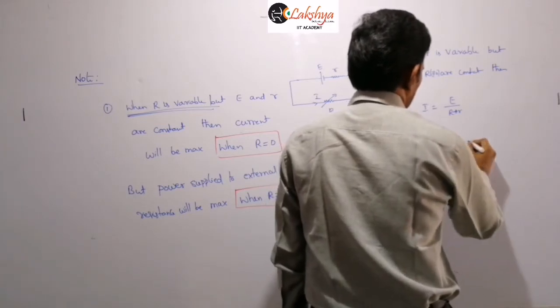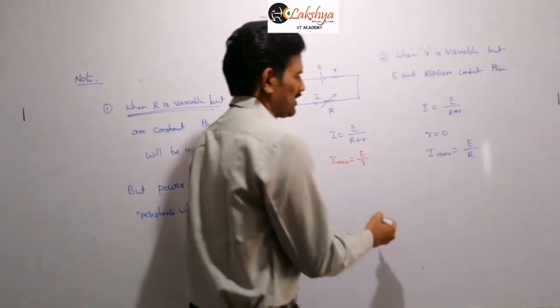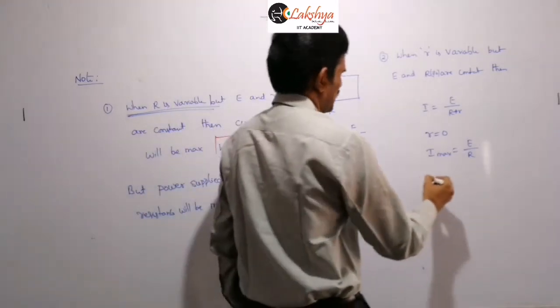When small r is equal to 0, then I maximum will be E by R for this simple circuit,